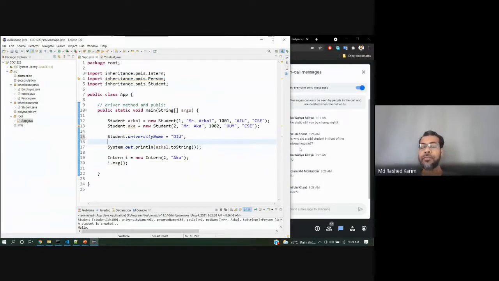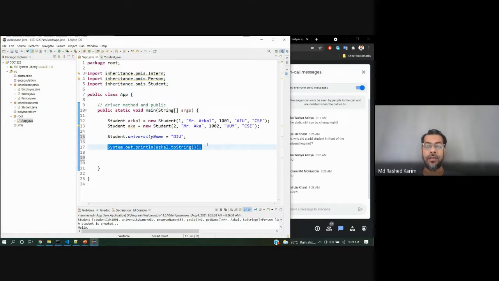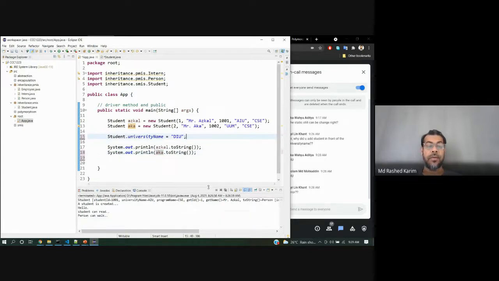No, not error, because I can change it, but it will be changed globally. So when I declare Ascal.toString, then if you feel like I want to call another for Eka, now run it.